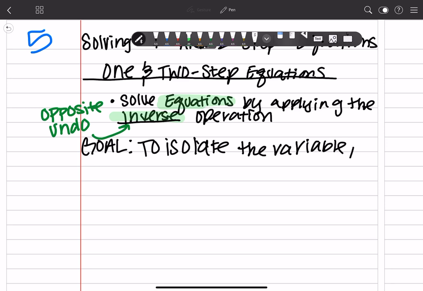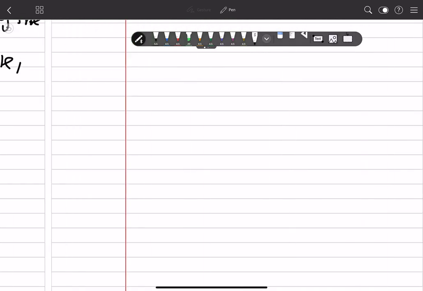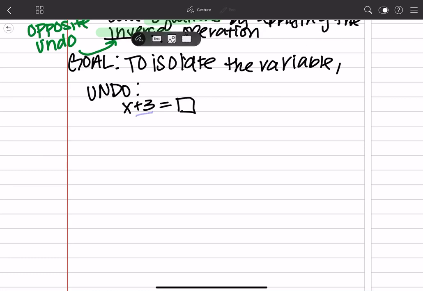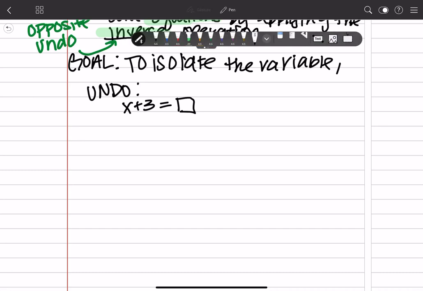You'll be fine. All right, so in order to isolate the variable, you're going to have to undo or use inverse operations. So here are some one steps. Say you've got x plus 3 equals, I don't know, something, whatever it is. You're going to have to do the opposite of what's happening here. So because it's adding, we're going to do the opposite, which you will get as subtraction. So let's do